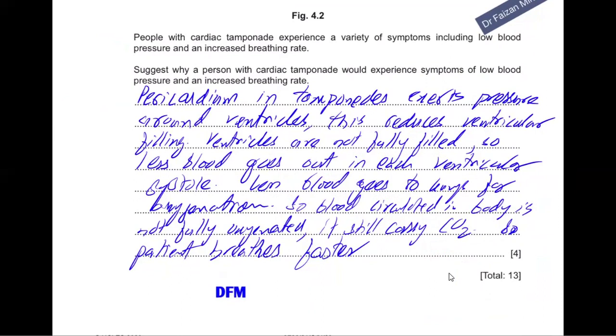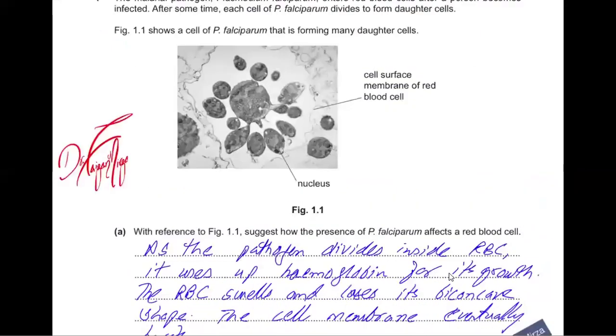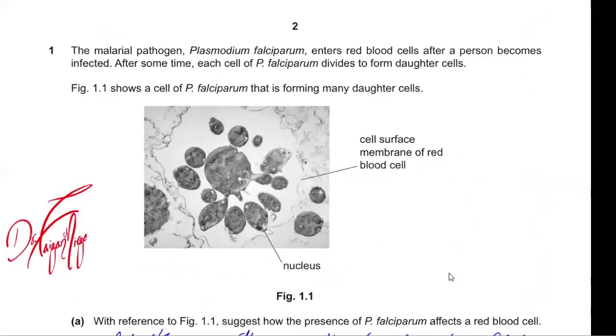Let's move on and pick another question from the same series. October 2023, variant 23. This is the malarial pathogen P. falciparum, and this is shown to you inside the red blood cell. You can see this is the outline of the red blood cell membrane. You can see the membrane appears a bit fragile. It's not exactly the disc-shaped cell anymore. Inside the cell, you can see there's a parent cell, and this is a cell dividing and splitting, with budding of new cells. And you can see a nucleus inside